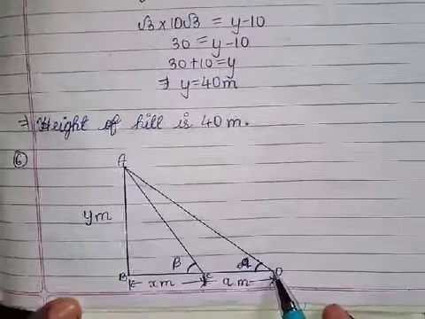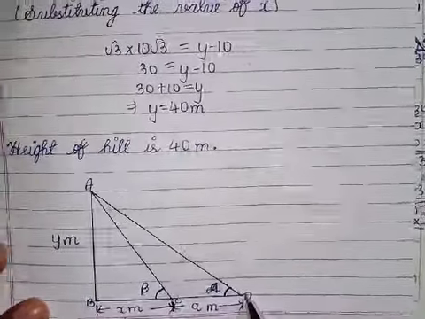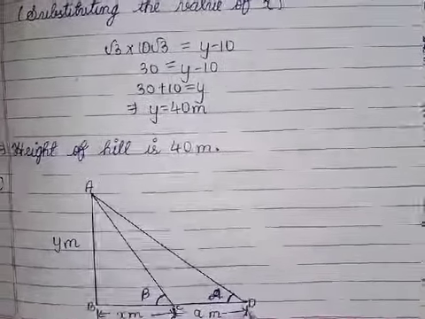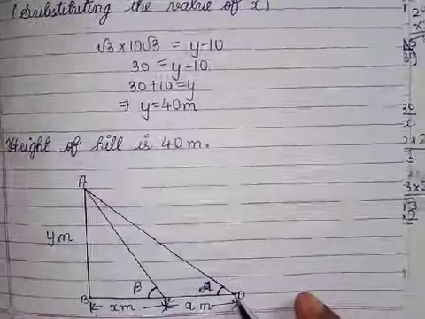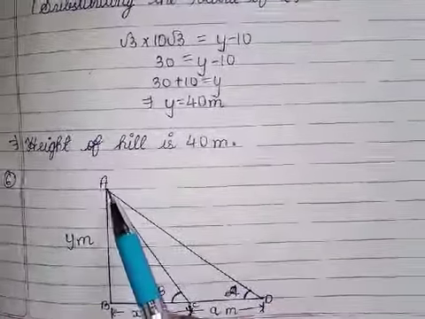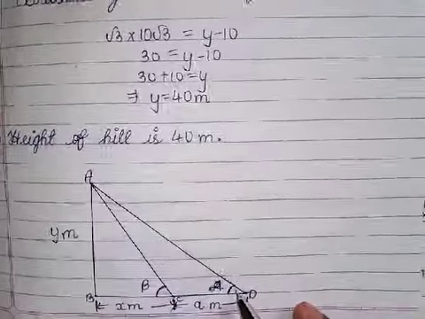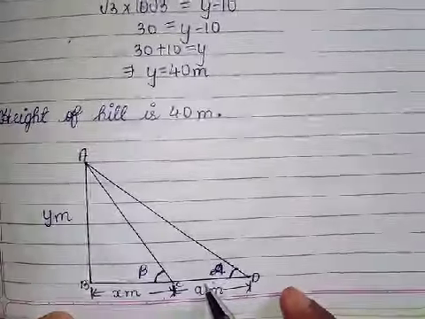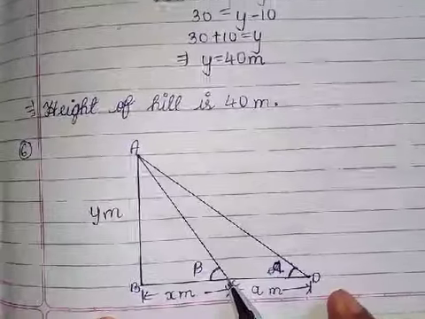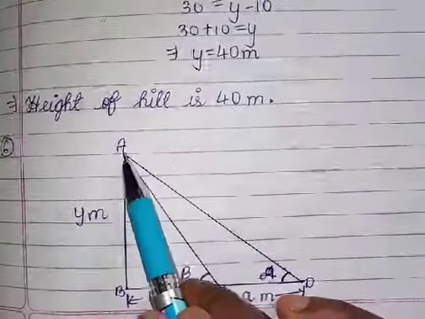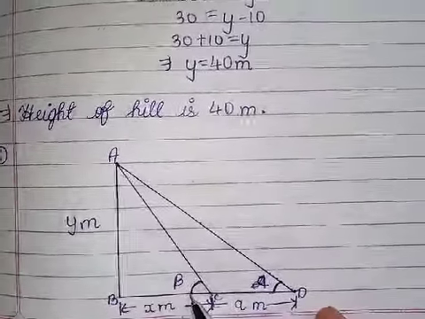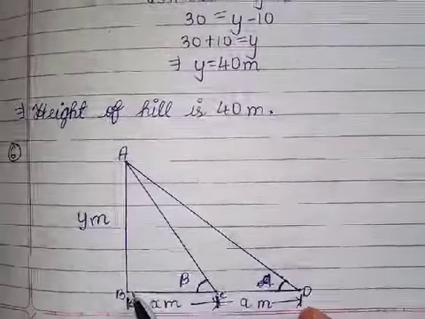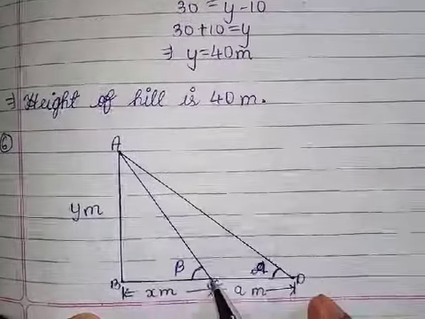It is here at this point. The angle of elevation of the top of the tower as observed from a point on the ground, so it is point D on the ground. As observed from the point on the ground, the angle of elevation of the top of the tower, which is A, is found to be alpha. After moving a meter towards the tower, here the angle of elevation of the top of the tower is found to be beta. Let this distance be x meter from the base of the tower.